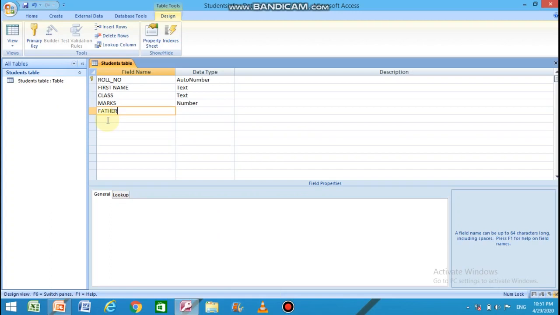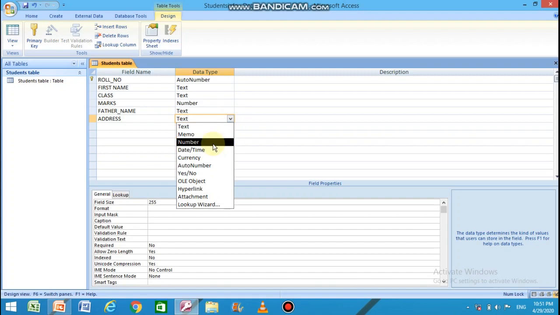Father's name, text. Address. Address could be a long text value, so let us keep it for memo.